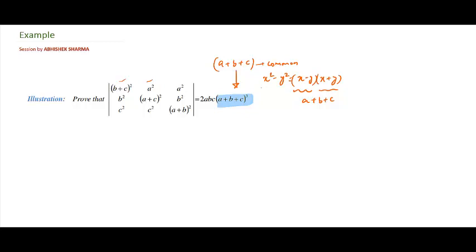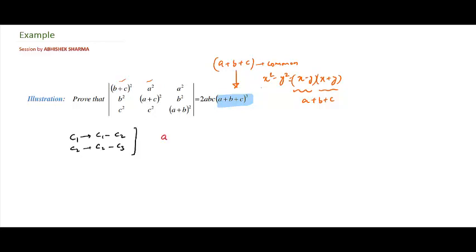I'll keep on guiding you, but you have to keep the paper and pencil with you. You have to solve it yourself. Okay? So children, keep paper and pencil with you and solve it yourself. So let's say, to get (a+b+c), I start with the transformation C1. I'm writing C1 as C1 minus C2, and I'm writing C2 as C2 minus C3, right? So apply these two transformation steps to get a determinant. Solve it yourself and let's see what you get. Using these two transformations, what you get.